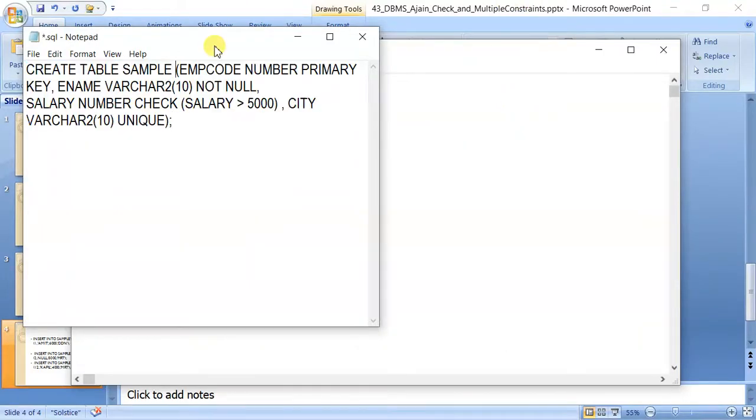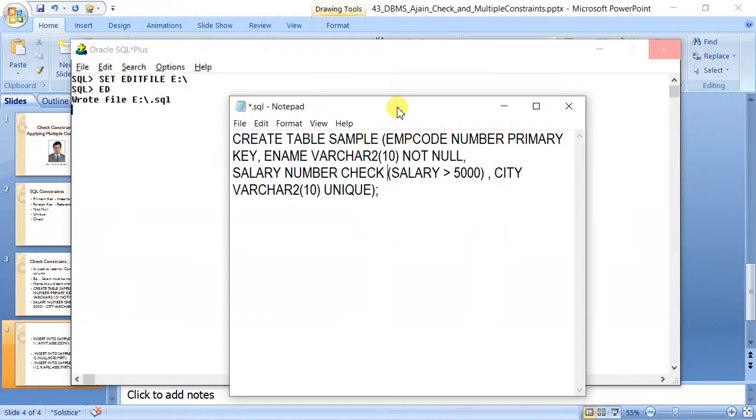Now this time what I will do, I will apply a range: salary is greater than 5,000 and salary is less than, say, 50,000. Okay, so this is how you can apply range also.